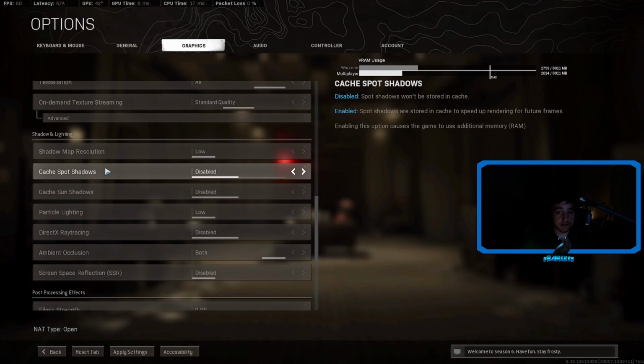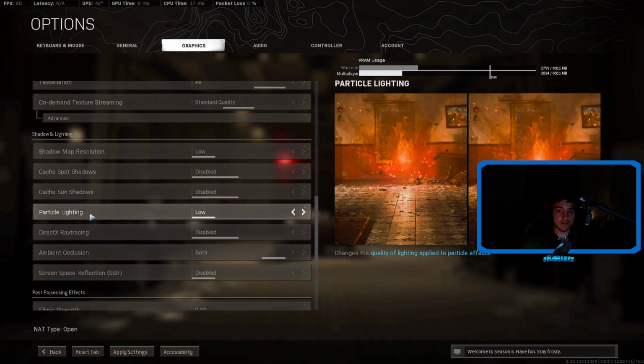Cache spot shadows doesn't really matter, but it will decrease about 5% of FPS that you would be getting. So I leave mine on disabled. And basically same thing with the sun. Particle lighting, I have mine on low, so that way if someone throws like a Molotov, then I will actually be able to see through that a little bit better rather than having it on high. If you're having it on high, you won't be able to see anything, but the game will look really, really